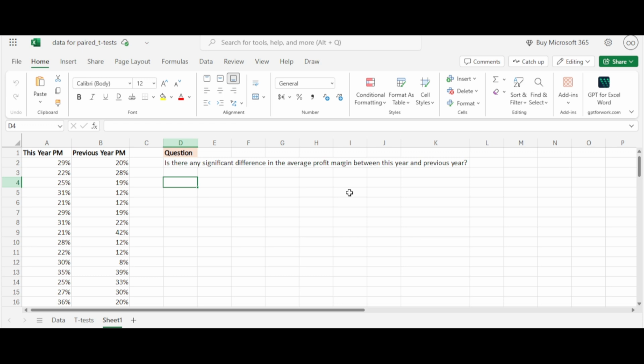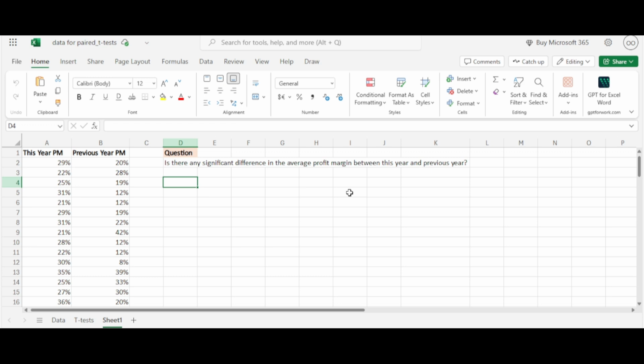So in this particular lesson, we are going to see how we can use Microsoft Excel to perform a paired sample t-test for 2 samples, just like we did for the independent t-test, and there were some requests that I should make a video for the paired sample t-test. So as you can see, we have a question which is given, and it says,